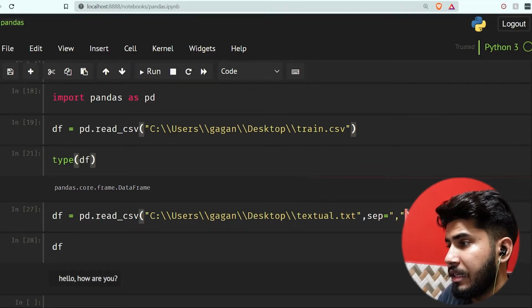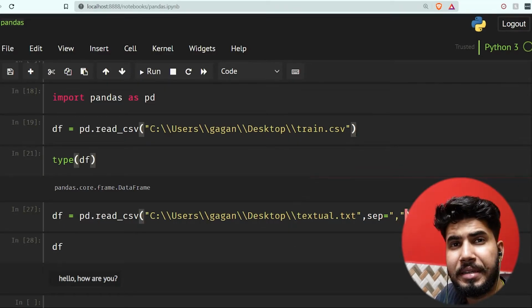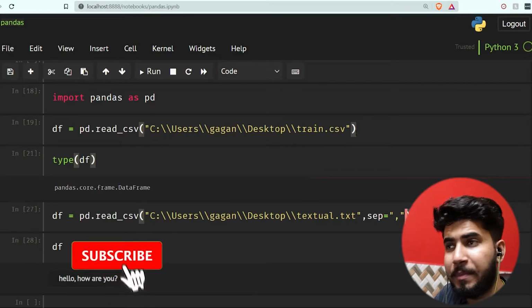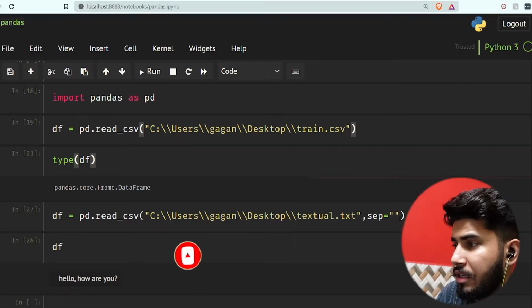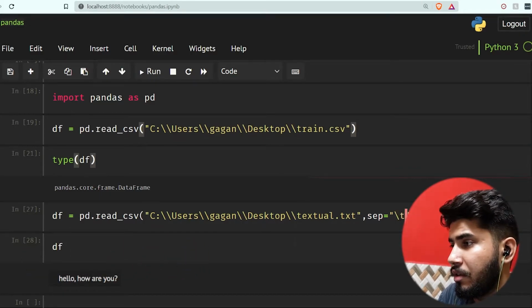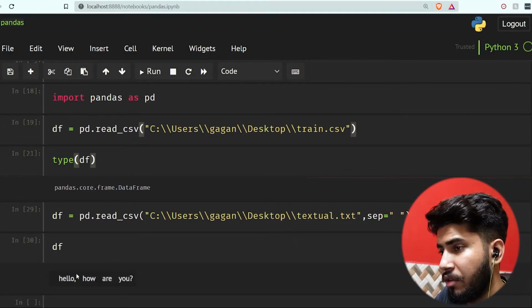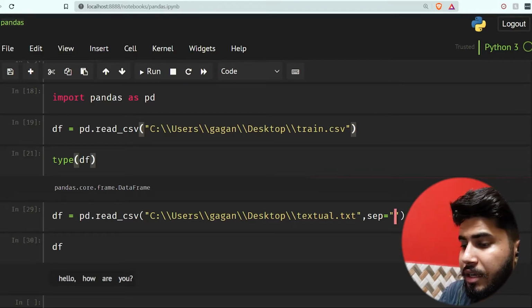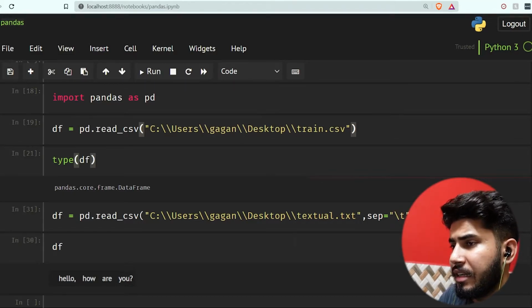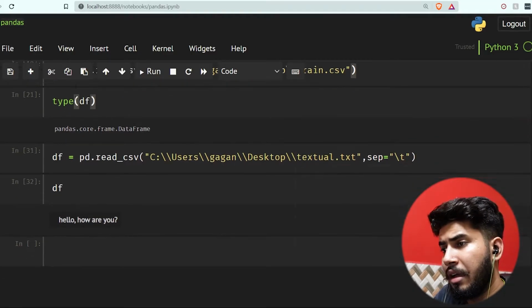As it is a CSV file, a comma separated file, it is separated using the comma, but here we have to separate it by something else, like space. As you can see, now they all are separated using spaces. You can give anything, it doesn't matter, it will read it however.